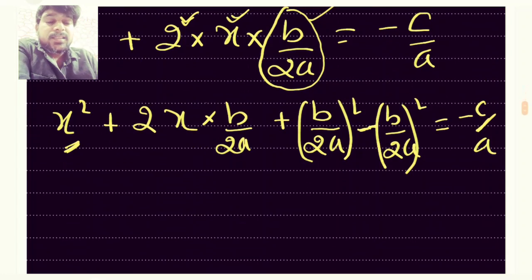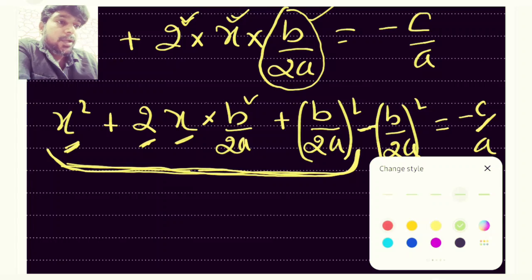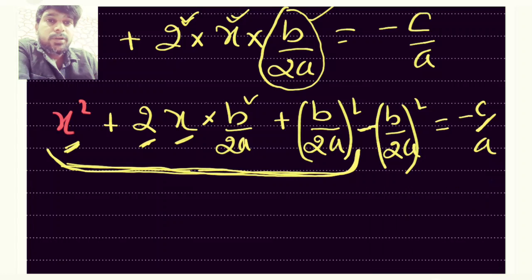Now you can see this is first quantity square, this is 2 times first quantity into second quantity, and here it is second quantity square. So this thing till here it becomes a perfect square. I'll change the color so that you can easily see it. This is first quantity square plus 2 times first quantity into second quantity, and this is second quantity's square, right? So this thing in red is now a perfect square, as you can see, right?